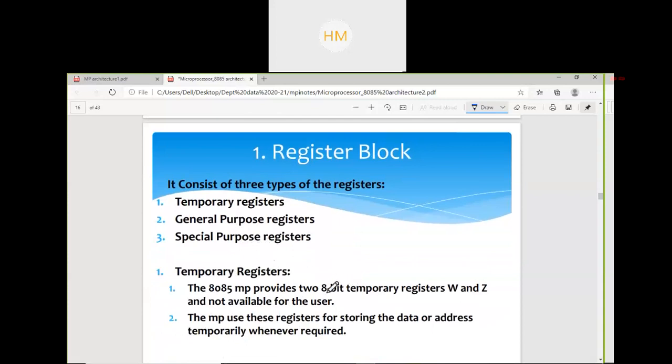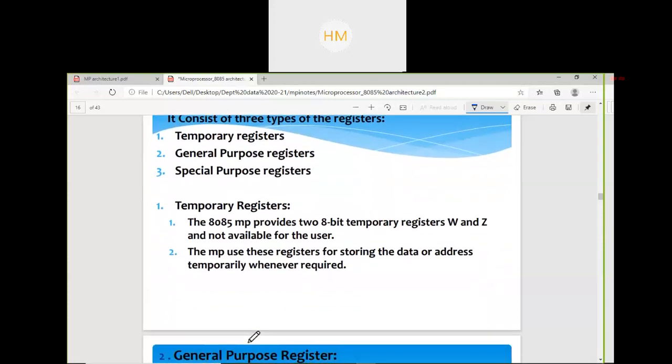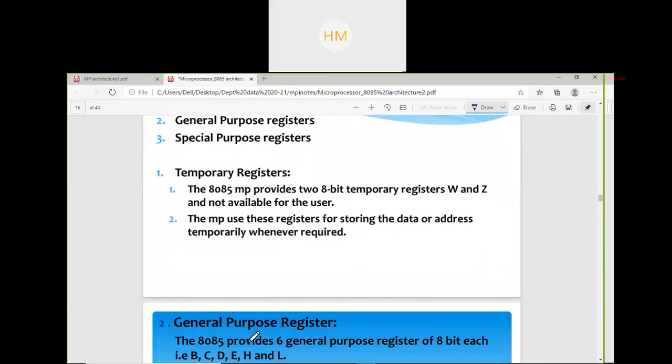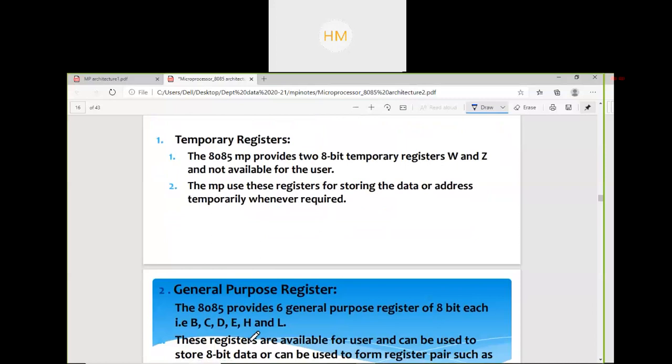It consists of 2 8-bit temporary registers named W and Z. Is it clear? And they are not available for the user. The microprocessor uses these registers for storing data or address temporarily whenever required. It could be asked, what are temporary registers in 8085? Or the question can be, which registers are not available for the users? So you have to mention W and Z.